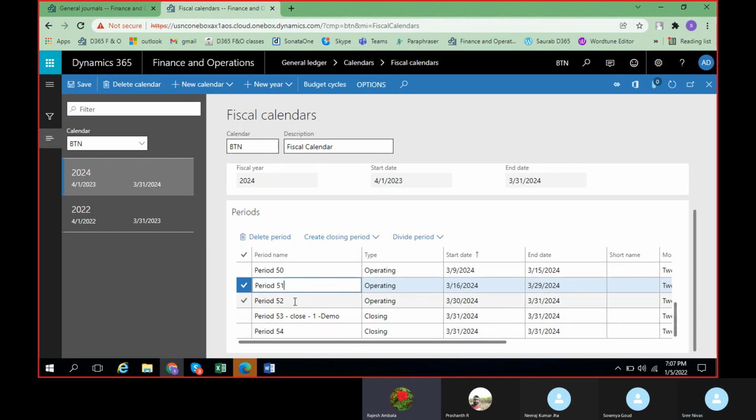By default, the system will not generate it. The moment you delete 52, the system will not make those changes from P52 to 53. You can do that manually.